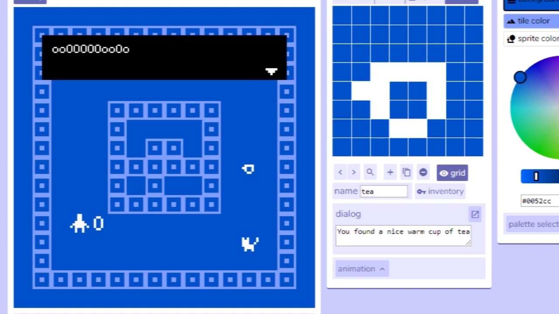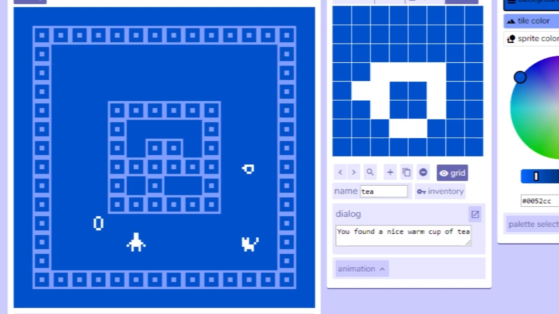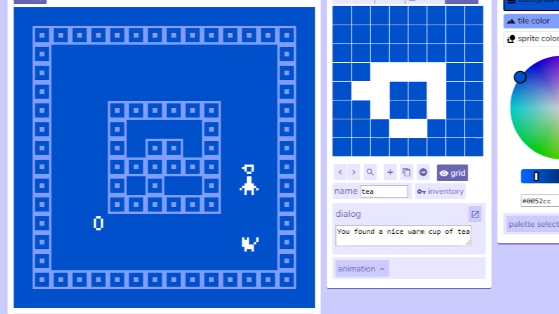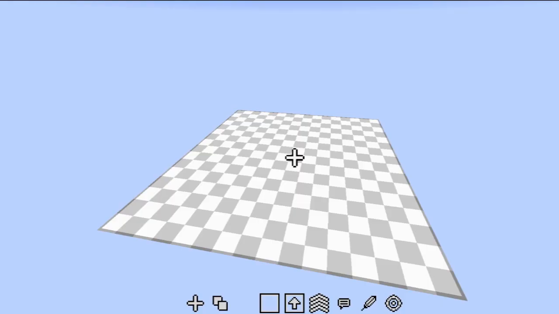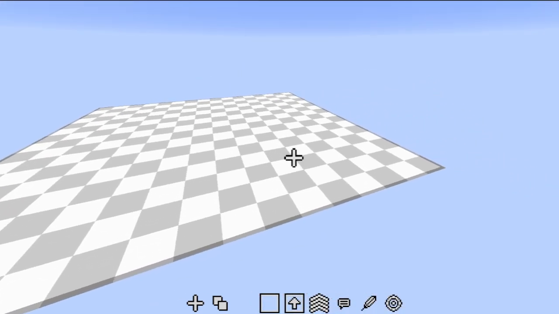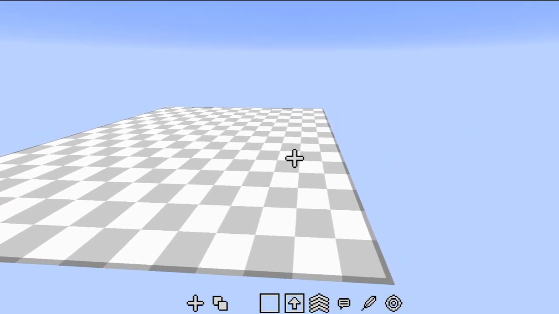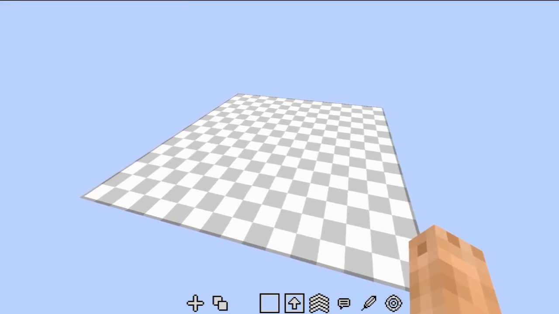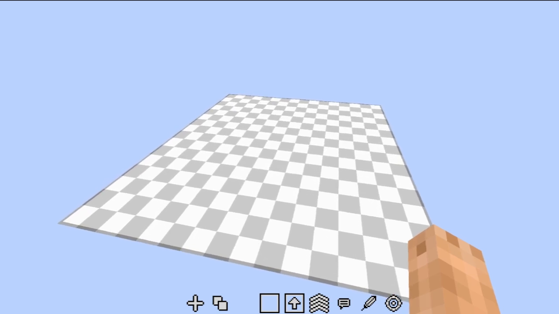So after playing around with it for a while, I decided to try my hand at making something similar to this, but inside of Minecraft. So this is what the editor actually looks like in-game in Minecraft. It's pretty simple. This is a blank texture, just for a basic room. Each room is 16 by 16 blocks,